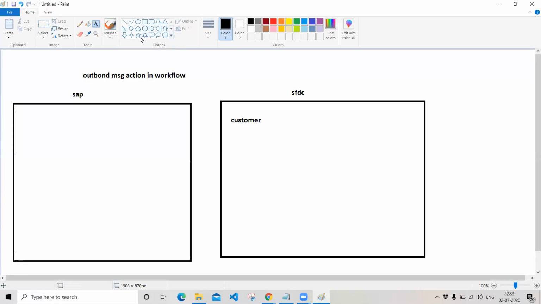I can do it by using the outbound messages. But in order to send the details from your local Salesforce organization to the SAP system, we need a program called a web service URL. We need a program called a web service.